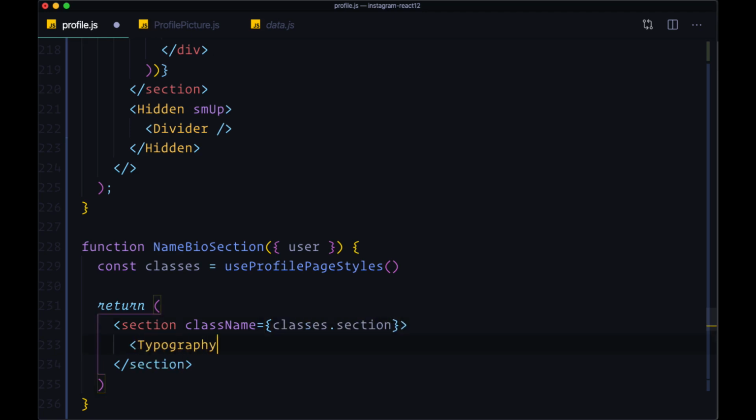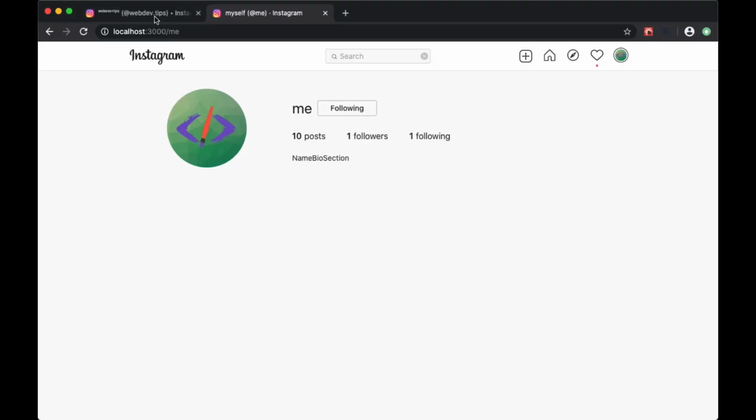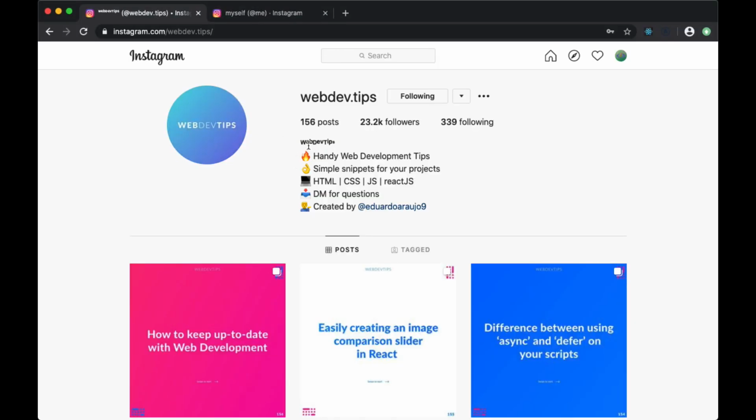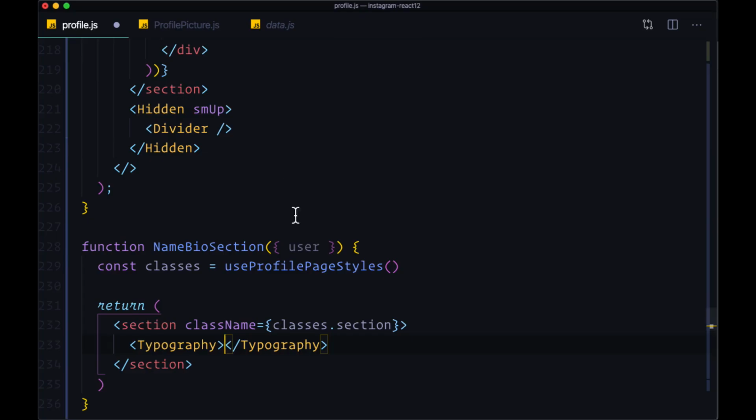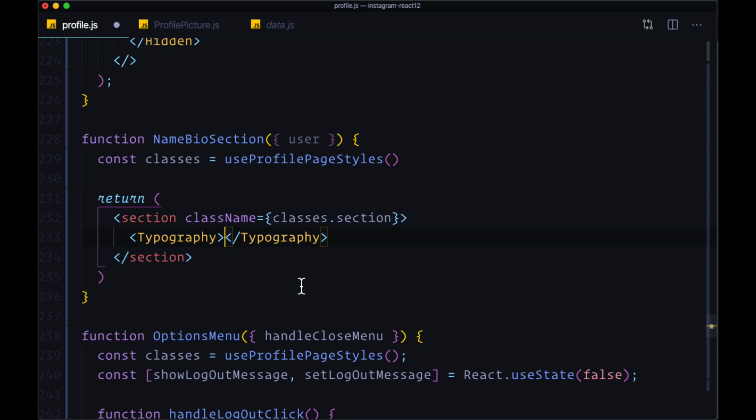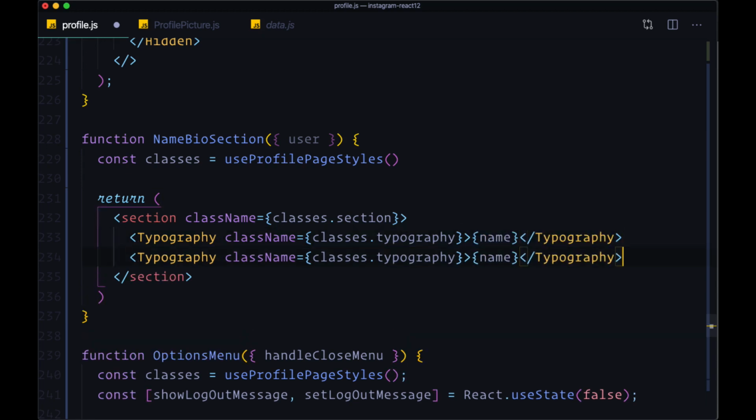Then we'll have typography. Remember that this is basically going to consist of 3 separate lines, one for the name, then another one for the bio, and then underneath we might have a website. These are all really optional. The bio and website are optional for the user. So first we're going to have typography with the class of typography. This is where we'll insert their name. We can copy this, and then we'll have another typography component with no class,